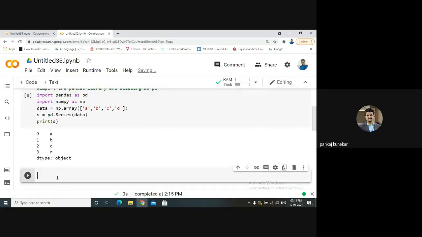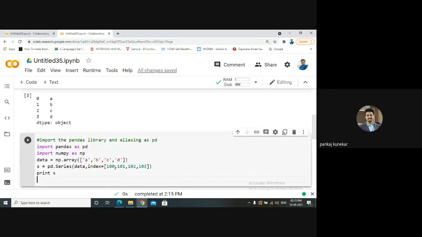Suppose I want to start the index from 100, 101, 102, and 103.